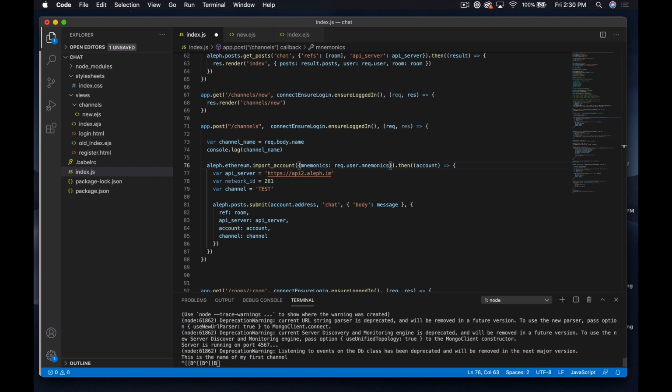So we're going to come to that later, but for now, we can pull out the actual Ethereum account mnemonics from the user. So this brings in the Ethereum account, which allows us to post messages which will be signed with our address. Okay, so then we have this API server, we have the network ID, we have the channel,